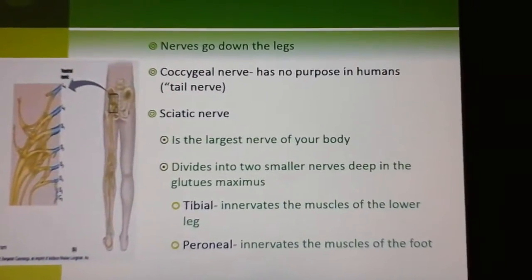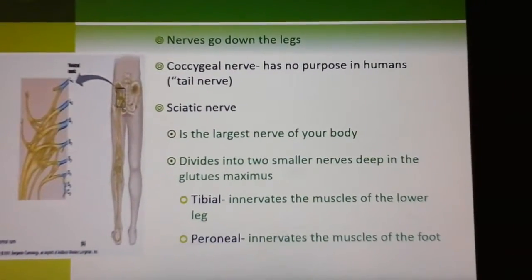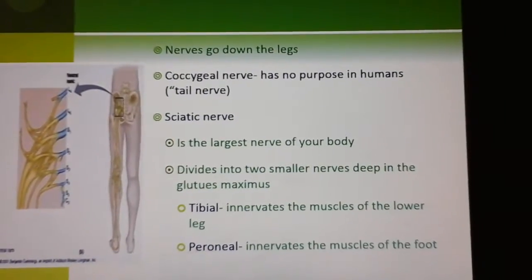And so those are all of the nerves in that packet. If you need to rewind this to get anything that you need,